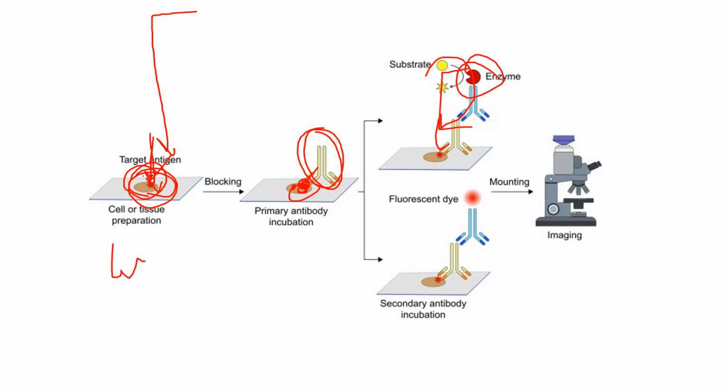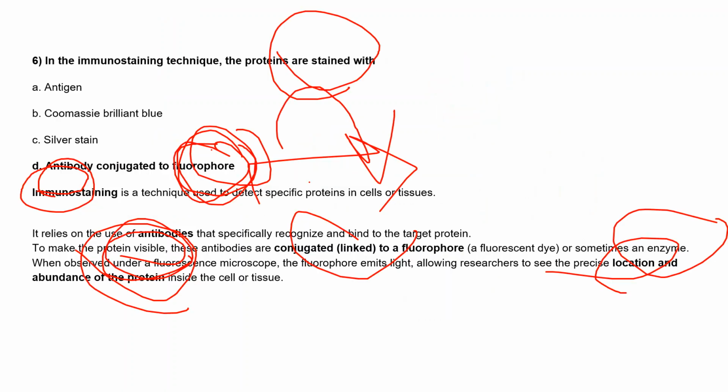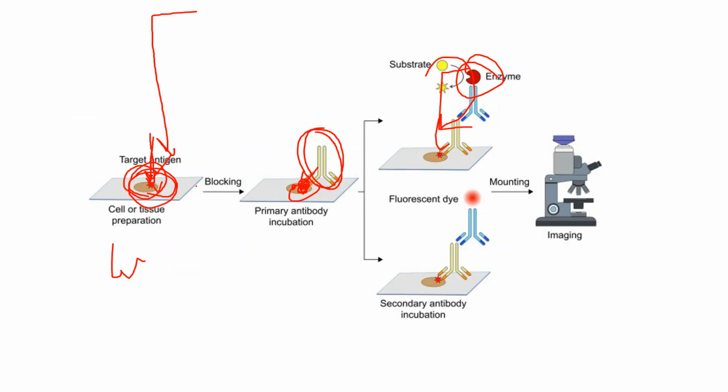But in immunostaining, we can see the full proteins because we don't need to lyse the cells. And we can see the location of the proteins, where this protein is, what kind of shape is there, right? So that's the difference. But the next step is the same: we bind the primary antibody, then the secondary antibody, and then the fluorescent dye or fluorophore attaches and converts into the signal, which we can see through the fluorescence microscope.